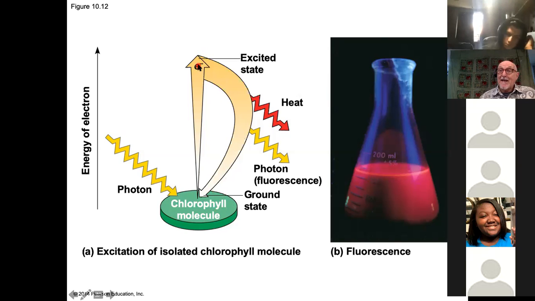They've gone there because they had energy input. They come down, they release that energy. And they release it as a small amount of heat and as a small amount of light. And we can see that. Here is a solution of chlorophyll. It's had light shone on it for a certain length of time, and then the light's been switched off. And it releases light. It is fluorescing. It's actually glowing. It's glowing red because the electrons in the chlorophyll are falling back down to their ground state